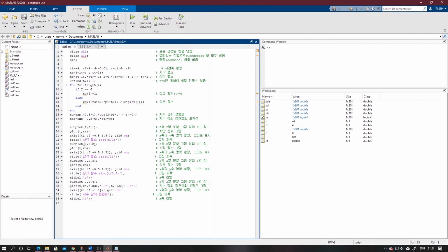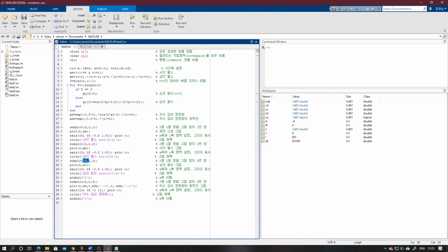Then again the second subplot, 2 rows 2 columns at number 2, this is for number 1, this is for number 2. Here we will plot the rectangular pulse. Here again the same thing, we are assigning its values, and it also has a grid on functionality. Same, we will define the title for that.